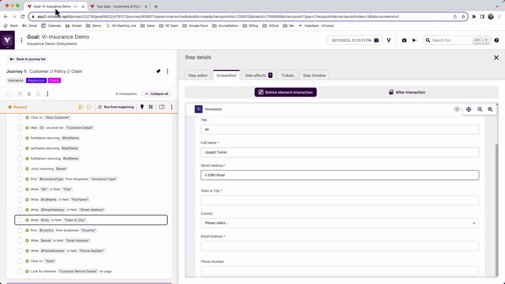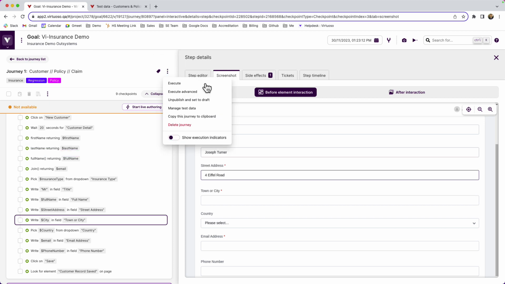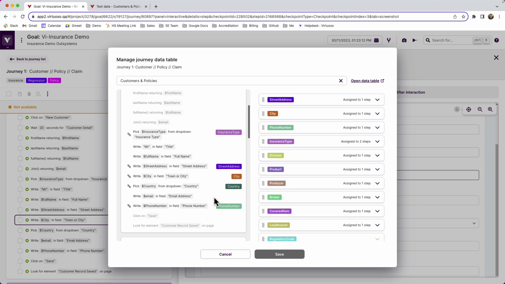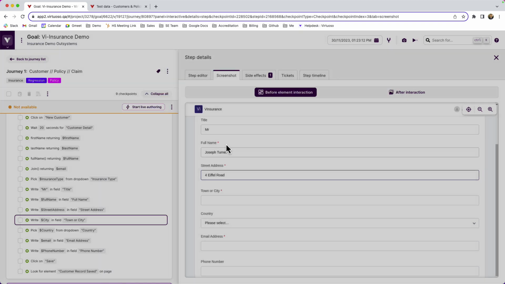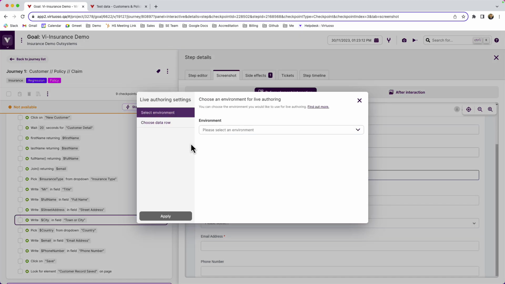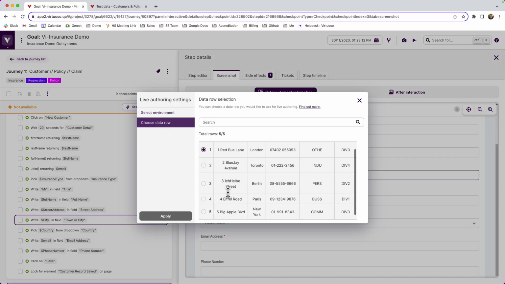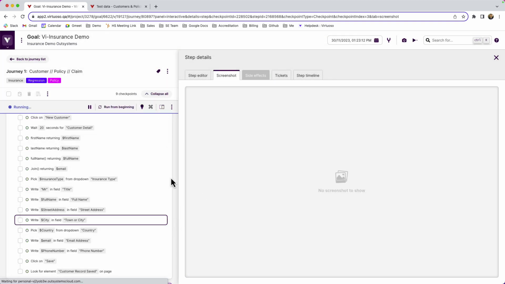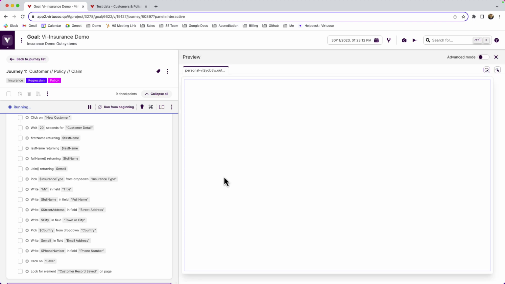So if you come back to the test here, what we can do now, assuming that you've gone through and mapped your test data, so pick your table and then map the variables into your test, you can now click on the More icon, click on Live Authoring Settings, and if we go Choose Data Row, I can now say I want to use row number 4 and apply that. So now when I run my test, it's going to pick up exactly that, row number 4 from the test